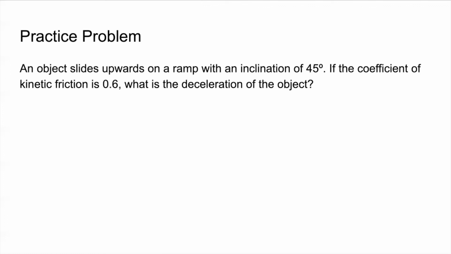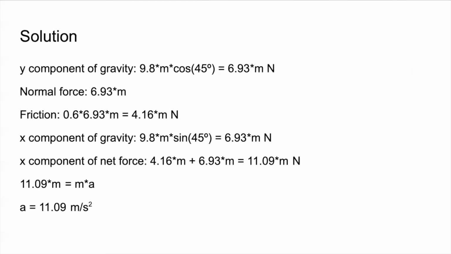The solution will come in 3, 2, 1. The y component of gravity is 9.8 times m times cosine of 45 degrees, and that's equal to 6.93 times m newtons, and that's also what the normal force is equal to. The force of friction is equal to 0.6 times that, which is 4.16 times m newtons, and the x component of gravity is 9.8 times m times sine of 45 degrees, which is